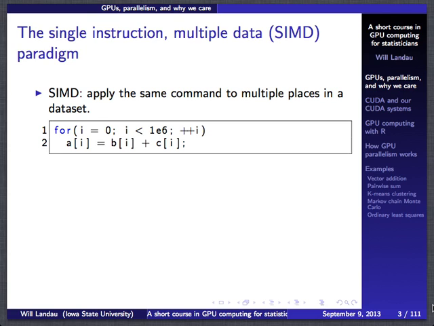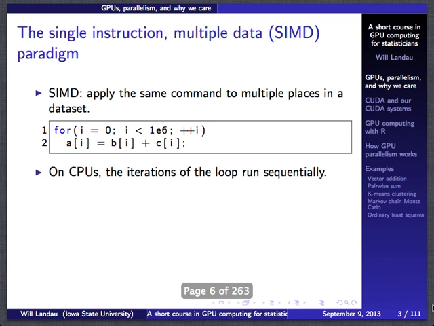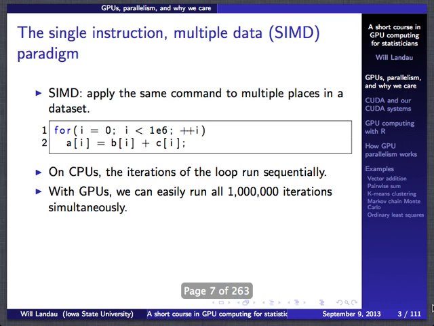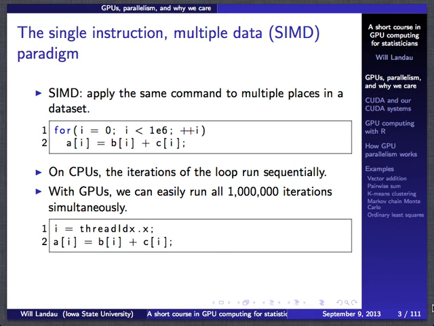What if you could do all the iterations of this loop at the same time? This is exactly what GPU computing is going to do. On CPUs, these iterations run sequentially unless you're coding in some CPU parallel paradigm with maybe 8 cores, and you give each core part of this loop. Usually they run sequentially. With GPUs, we can run all 1,000,000 of these iterations at the same time, and the code in what I'm going to introduce as CUDA C will have